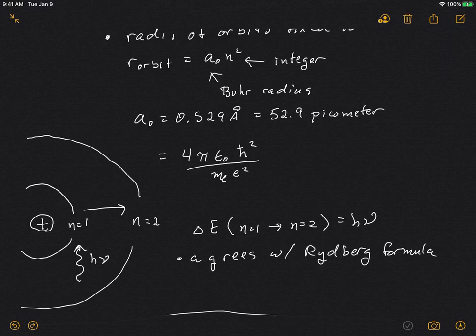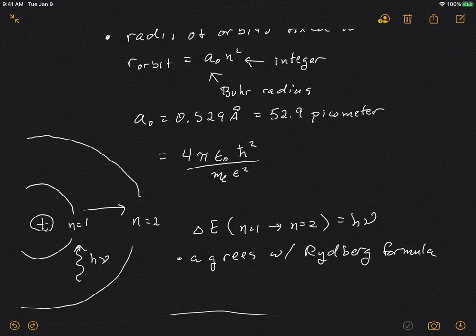And then when it does that, it would only do that when the energy of the light is h nu, and so then that delta E between n equals 1 and n equals 2 is going to be h nu. And that would be for absorption of a photon, but for emission of a photon, it's just the reverse. You can imagine an atom being electrically excited into the n equals 2 state, and then it drops down to the n equals 1 state, emitting a photon. And that gives rise to the emission line spectra in these